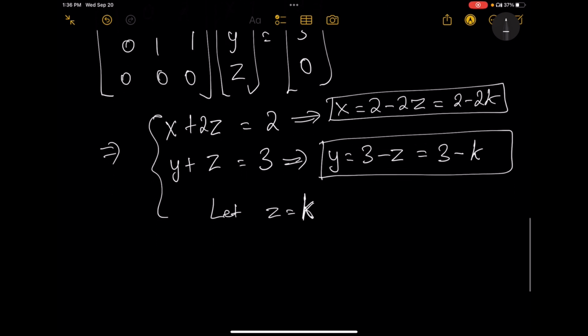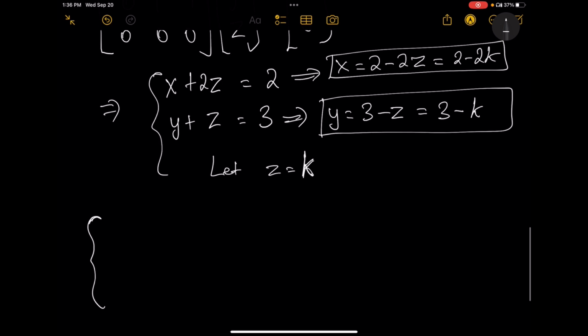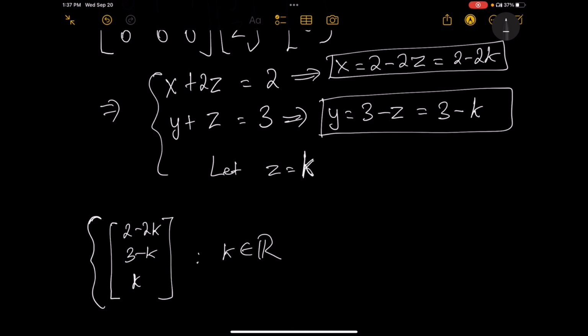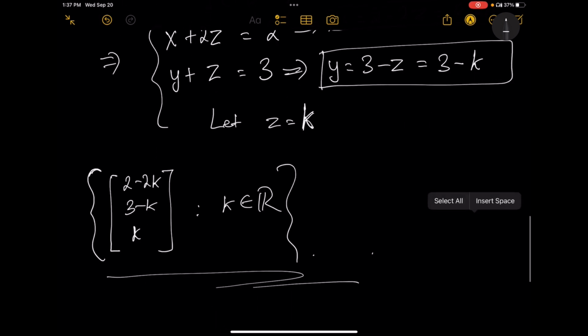Therefore the solution for the system of equations is what? x is 2 minus 2k, y is 3 minus k, z is a free variable. Any number in this form for k an element of the set of real numbers will satisfy the system of linear equation that is given. This is the solution set. Okay,